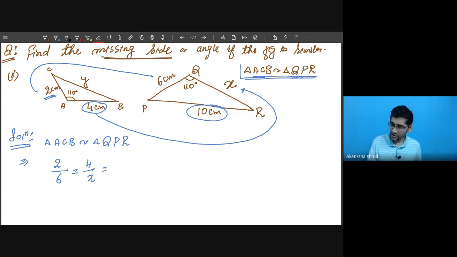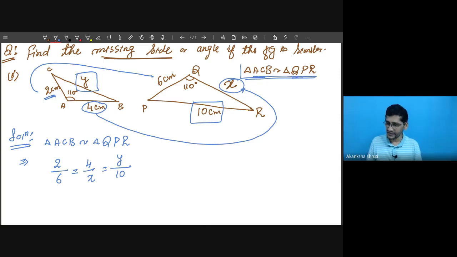This 10, no student, you cannot take this as 10 in the denominator just by thinking so. I have already indicated here, it is matching with the x. So that's why 4 in numerator, x in denominator. Now it is the third side y. So y should be in numerator, because first we are taking the smaller triangle, then corresponding to y in the second triangle we have the 10. So write the 10 here.